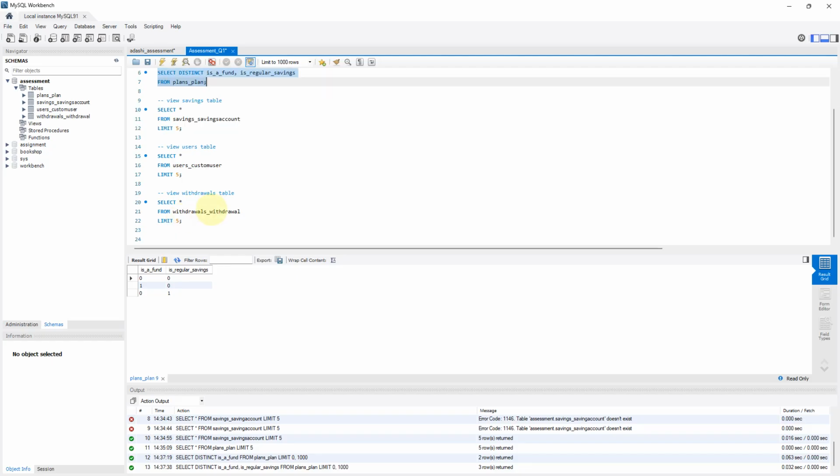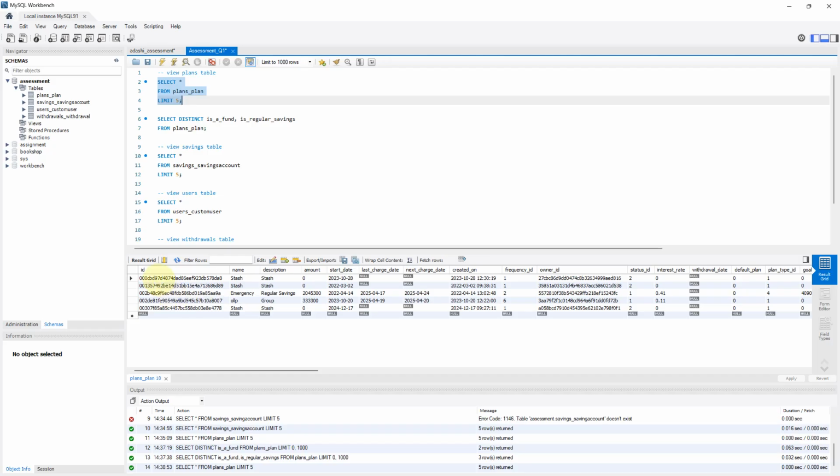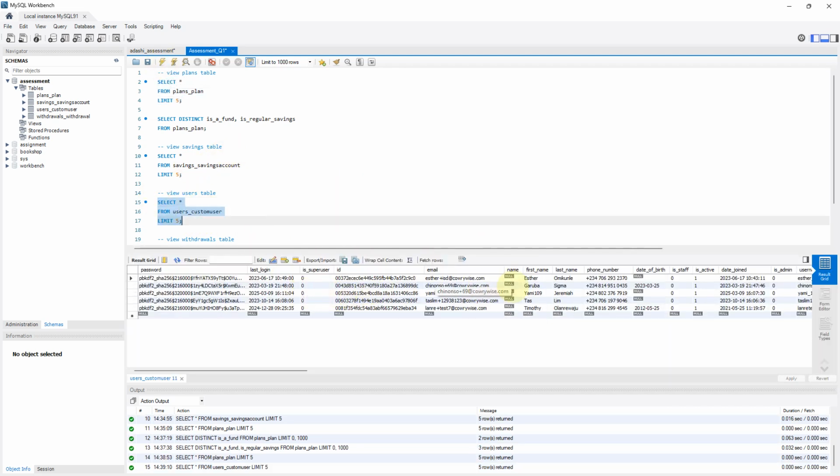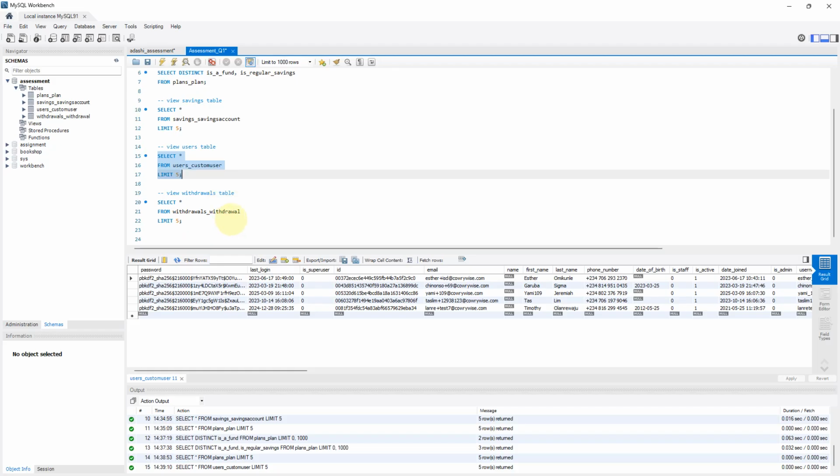and the ID, right? So what I'm going to do is, for the plan, this ID match. Okay, so this owner ID, this is the primary key for this particular table, but this owner ID is a foreign key of ID here, and so we can then use this to connect to get information like the first name, last name, and so it's equal to this. So what I'm going to do then is just to